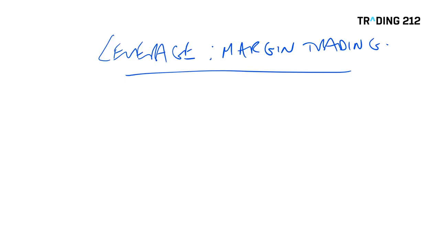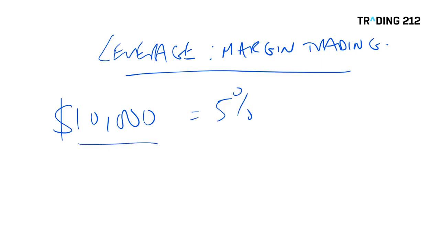For example, in something like foreign exchange, you might have a $10,000 position and the leverage available on that, or the initial margin requirement, might be only 5%. So you're in a position where you're controlling $10,000, but you're only tying up, in this example, $500 of your cash. Okay, so that's your total position, and that's what your initial margin requirement is. Of course, if the position moves against you, you need more money in the account to cover any losses, but